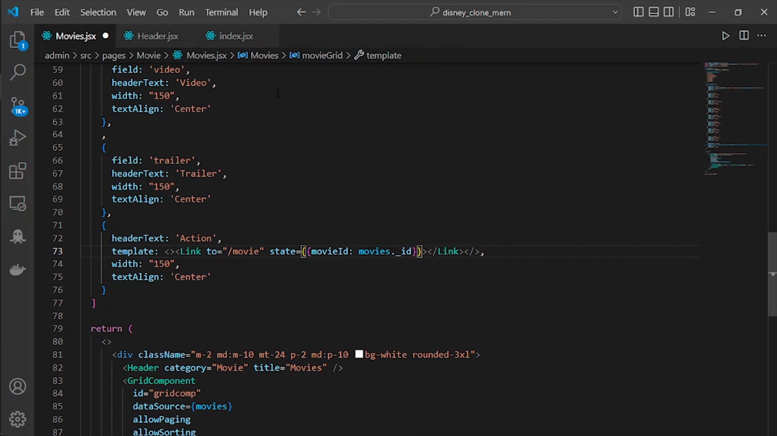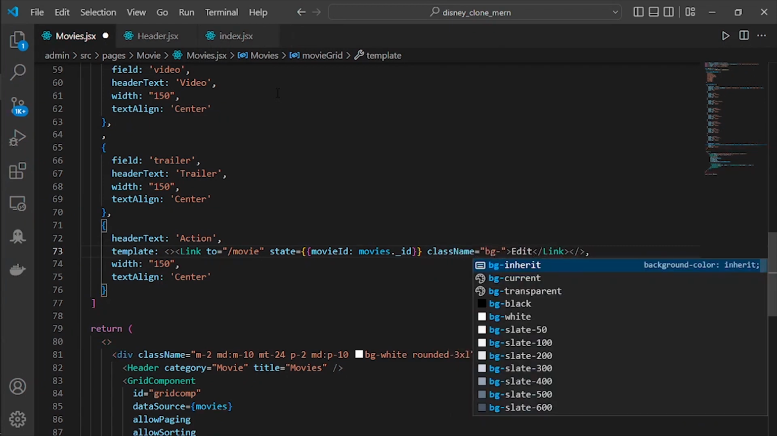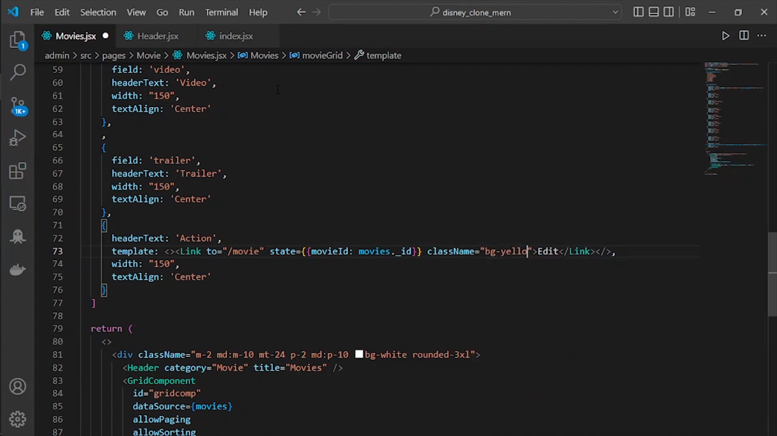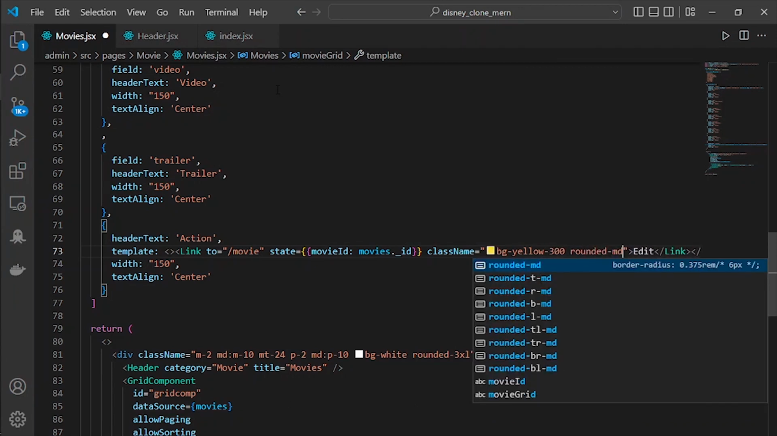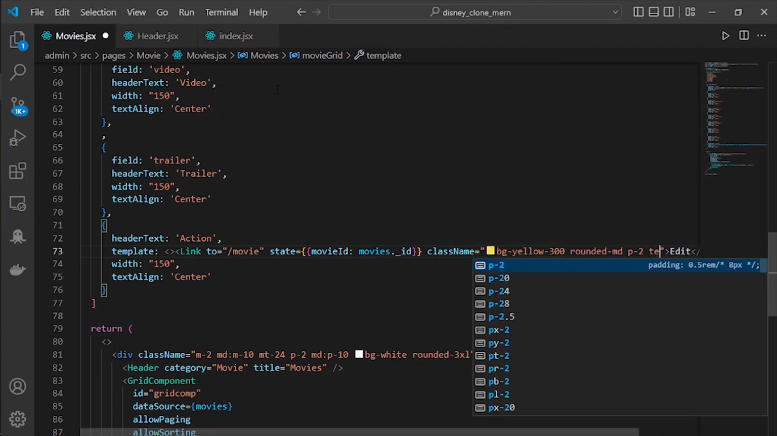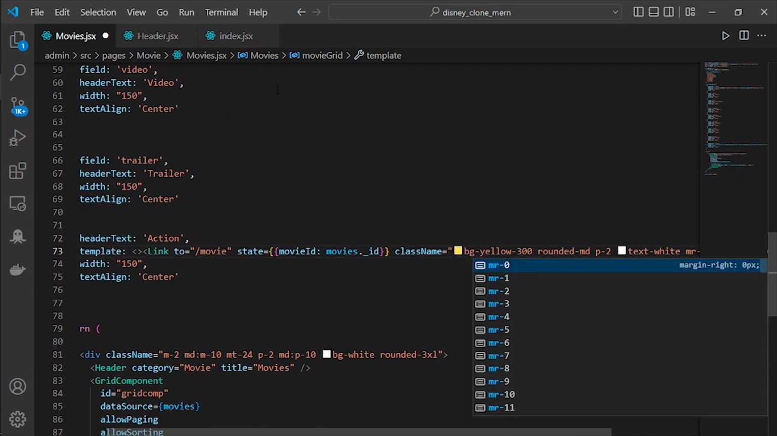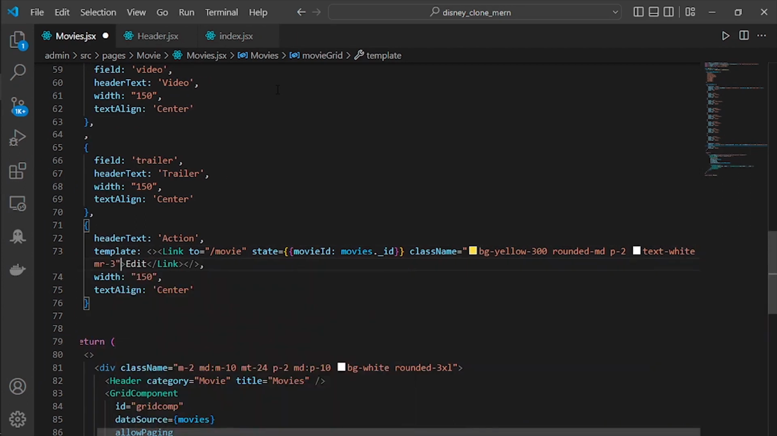And for the text is going to be edit. It is also going to have className equal to background is yellow 300. For the rounded is MD. For the padding is 2. For the text is going to be white. For a margin right is going to be 3. Then edit. After this thing, we are going to have a button